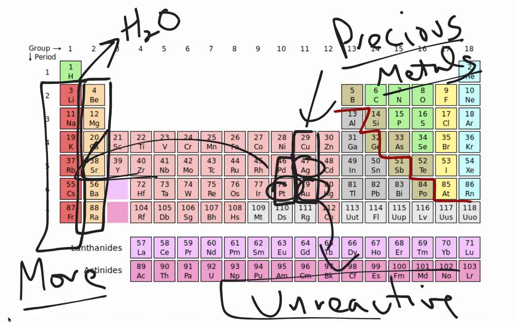Now, what does it mean if these are unreactive? Well, two things it means. One, things that are unreactive have more mobile electrons, and so the bonds between them are stronger. As we add d shells going down, there's more potential for mobile electrons, and so things bond together a little bit tighter. When they bond together tighter, they're not as willing to give away their valence electrons, like we might see with our alkali or alkaline earth metals.